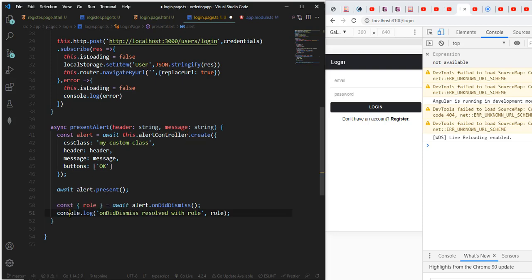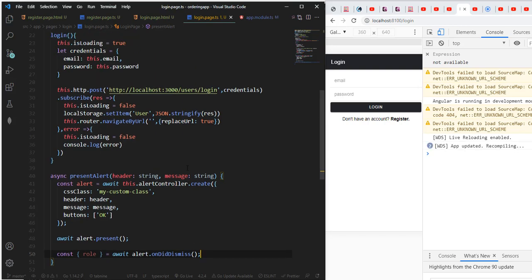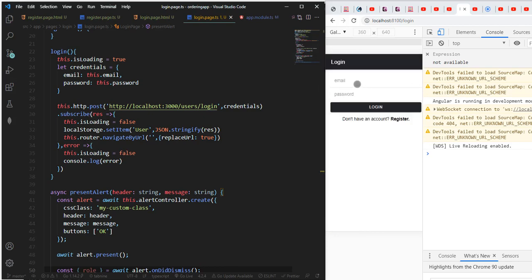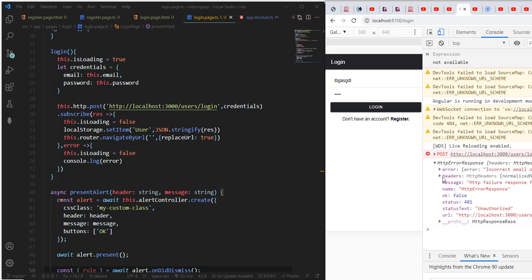So let us try to input wrong credentials and see what we get. You saw that the loader went, and then it showed, and then it went away as soon as the request was finished. So let's see where to get. So it's under error,